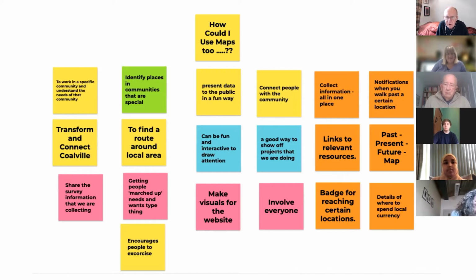And on linking up to resources, if you're doing some asset-based community development and you're identifying, possibly through the bingo method that Dina touched on, what are the special places, the people, the buildings, the activities in the area? How do you record all of that? Well, mapping is a good way of doing that.